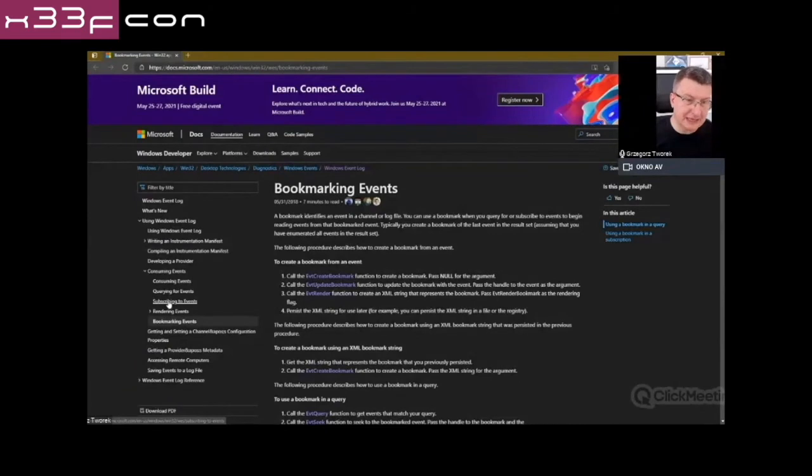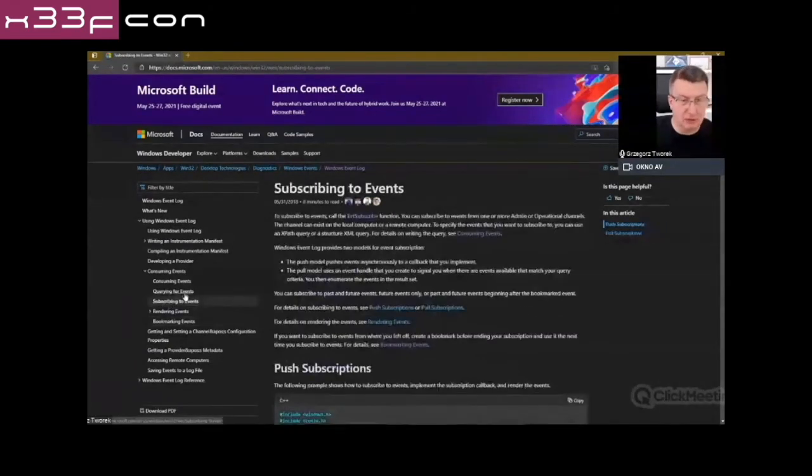With the task scheduler, there is an article about subscribing to events. You can create a subscription to an event using two techniques, push and pull. Pull is simpler. Pull is about